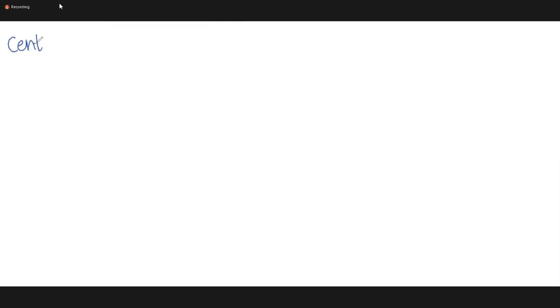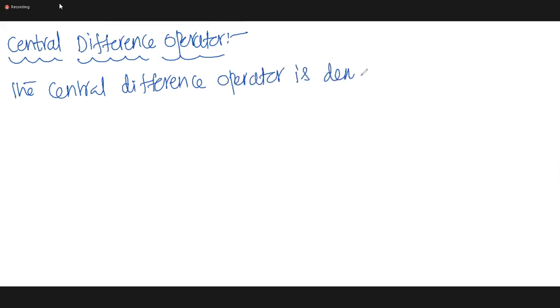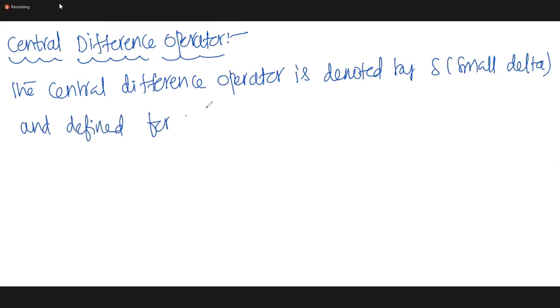The third operator is the central difference operator. The central difference operator is denoted by small delta, and defined for a function f of x as small delta f of x is equal to f of x plus h by 2